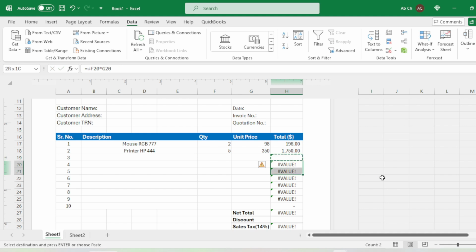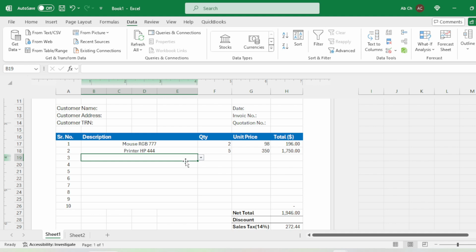Now nothing is here. So let's fill some more items, like maybe I can select here a motherboard, or maybe let's select LED, and let's say that is the quantity 2,